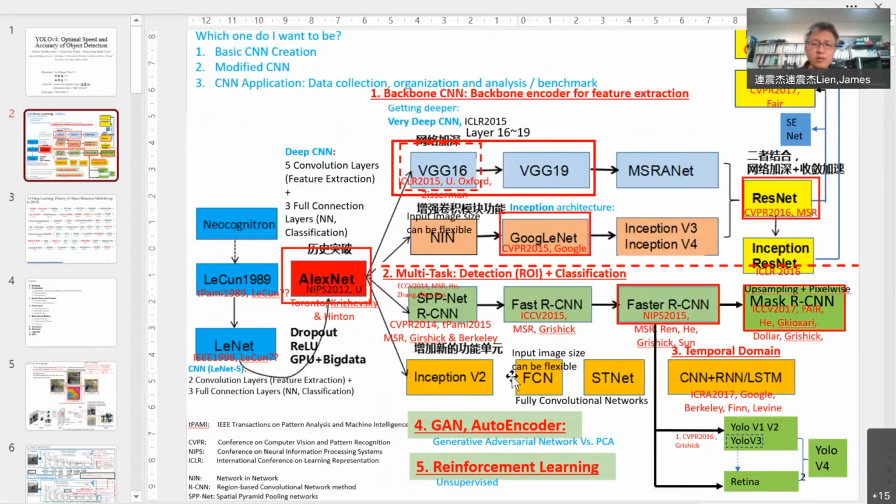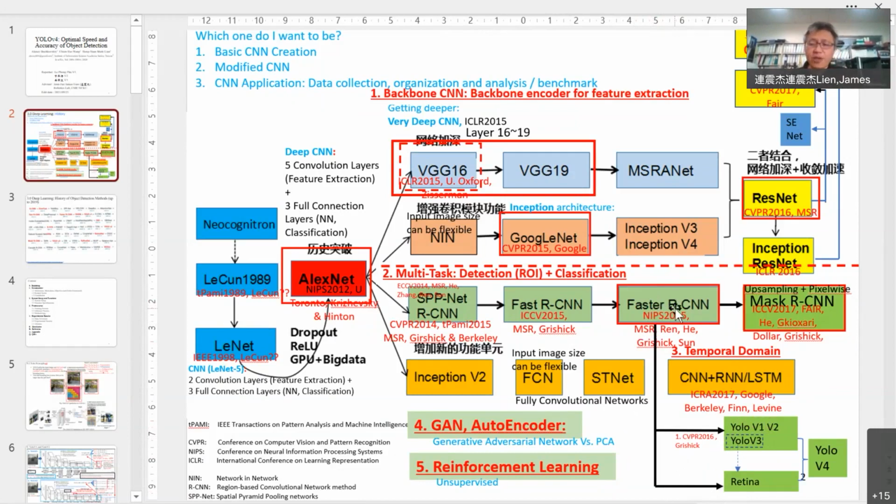So we just finished talking about Faster RCNN and Mask RCNN. Faster RCNN is two stages because it has a region proposal network, and this was in year 2015. After this, people did YOLO V1, YOLO V2. YOLO is faster because it's one stage. They don't use a region proposal network.